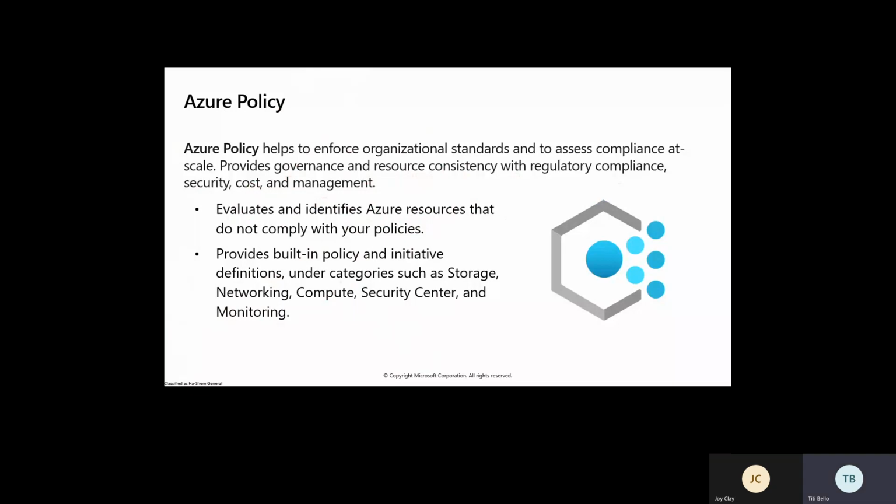But there are times where you have multiple policies or multiple attributes that a resource must meet. So in this case, when you create a resource, it must be in this location. The resource must have a tag. The resource must meet this particular security requirement. The resource should have this particular role assigned to it. The resource should have this, it should have that, it should have that. So in that case, you have so many policies or so many attributes that you want that resource or those resources to have. So what you can do is to create what we call initiative